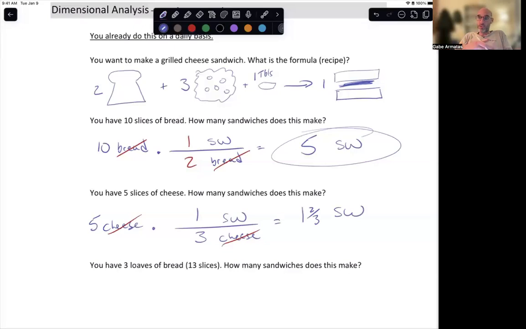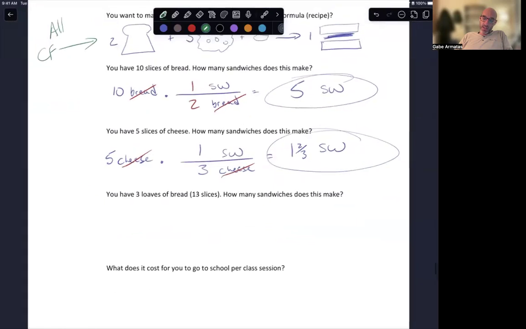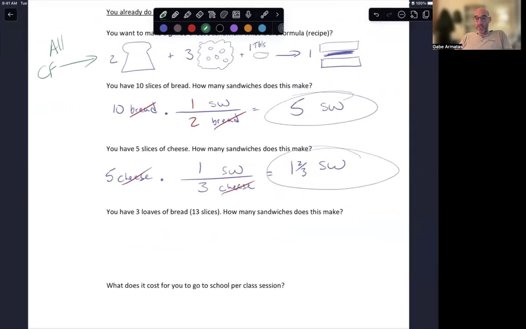So again, we're doing this math and it's going to give us the ratio of our answer just by simply doing a conversion. Again, these are all conversion factors. Just any one that you want to set up. And we can put these in any order that we want. What happens if we start with some other random thing? Like, whoa, what happens if you have 3 loaves of bread? Well, if I have 3 loaves,